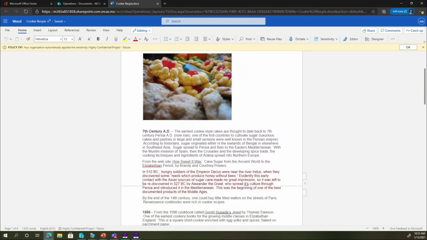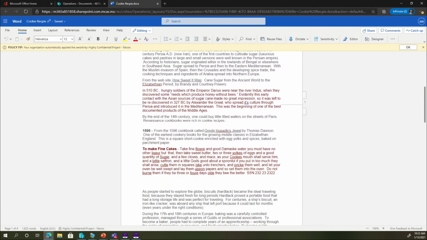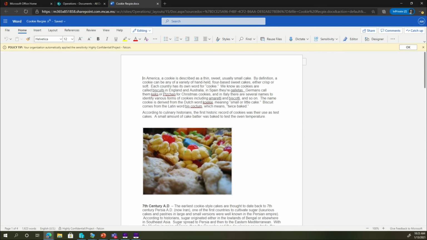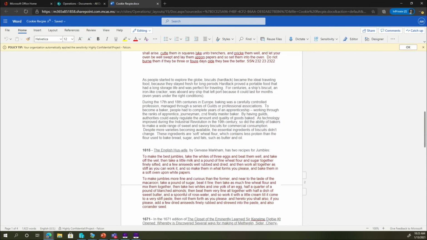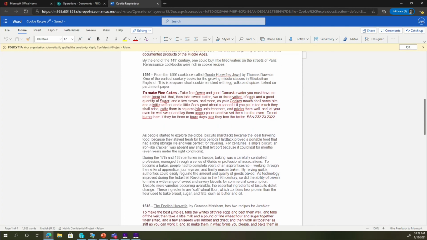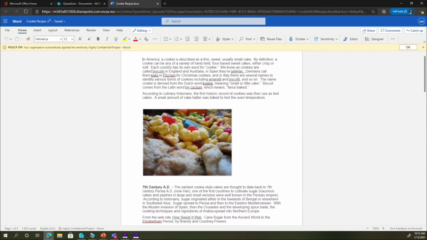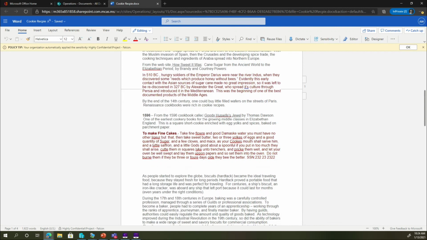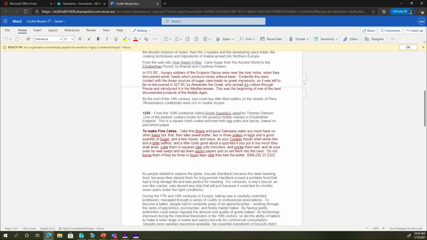recipe. If I keep scrolling, I can see a social security number has been hidden here. So the goal here is that this would be a mistake that maybe an end user would make and think, you know what, this is a simple cookie recipe document, or history of cookies. I'm just going to share this with my friends on social media, not knowing that there was a social security number hidden in this document.